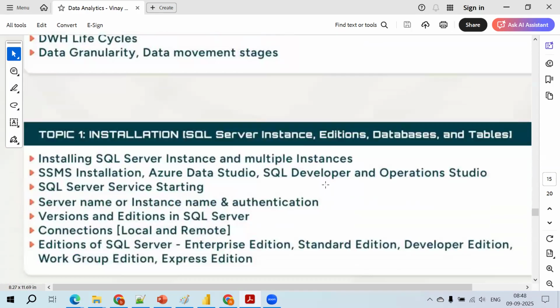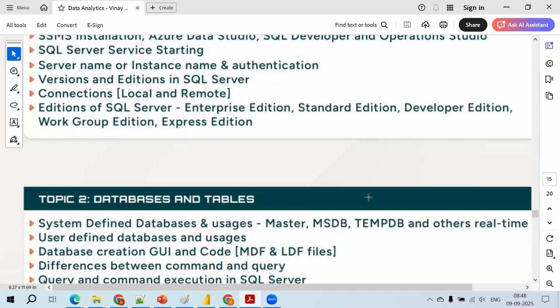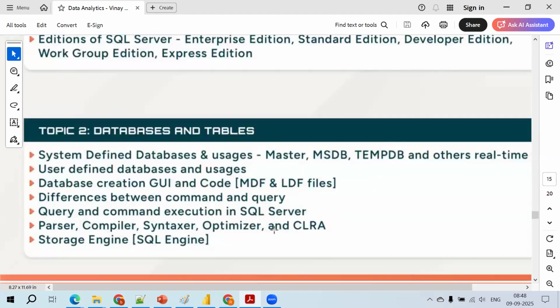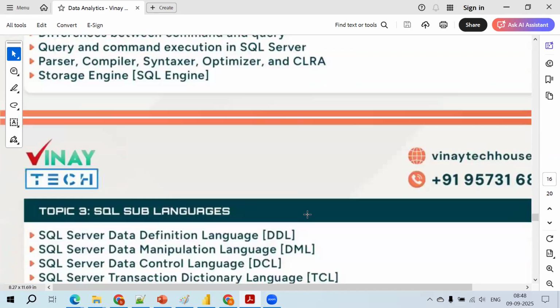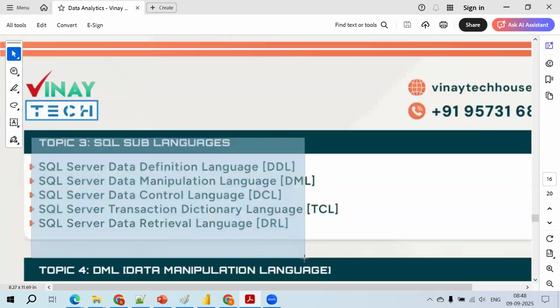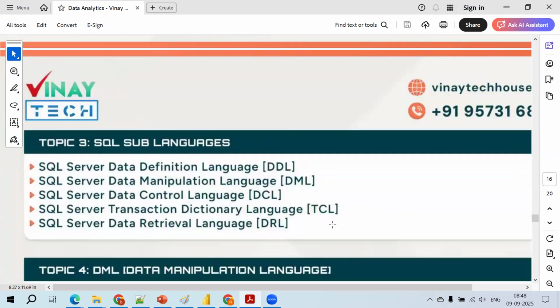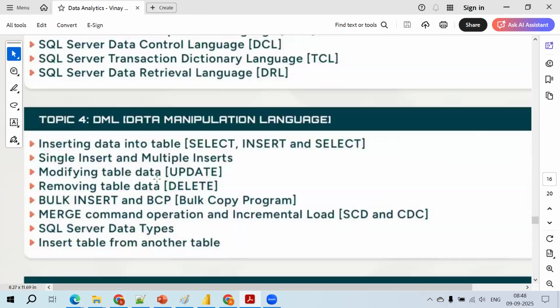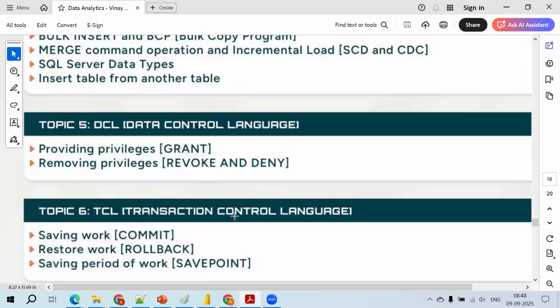So what are the tools that we need to have on our machines? You need to have Power BI. You need to have Excel. You need to have SQL Server because you need to understand how SQL Server connects to Power BI and Excel. So databases and tables, and we are going to have sample databases, and you don't need to worry about it. AdventureWorks is the sample database provided by Microsoft. And this is completely about SQL: DDL, DML, DCL, TCL, DRL. These are all the scripting languages. So this is about the total SQL part.